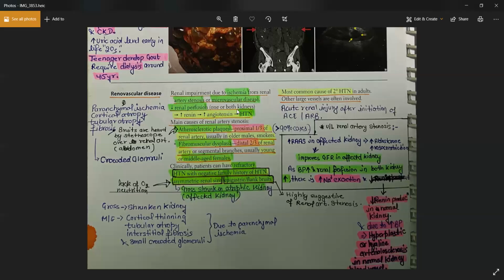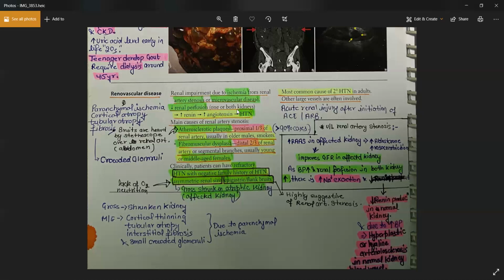Loss of sodium on the normal one. Yeah, because the RAS is inhibited in the normal one because of high blood pressure, right? You need the RAS to maintain the blood pressure in the body, to maintain the blood flow to the kidney. Because the blood flow is already very much increased in the normal kidney because of the stenosis of the other kidney, you're having an inhibition of the RAS, and an activation of RAS on the affected kidney.